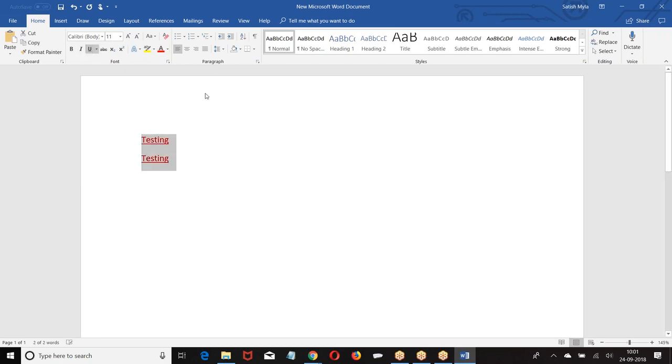Look at this. What are we able to do? We are formatting the data. We have this option to format the data.